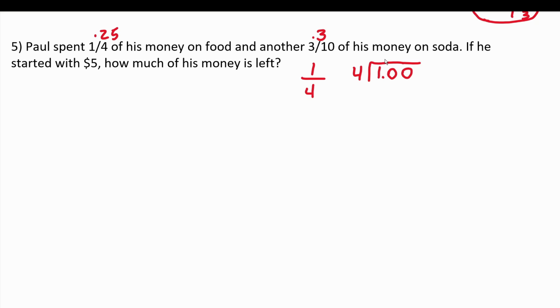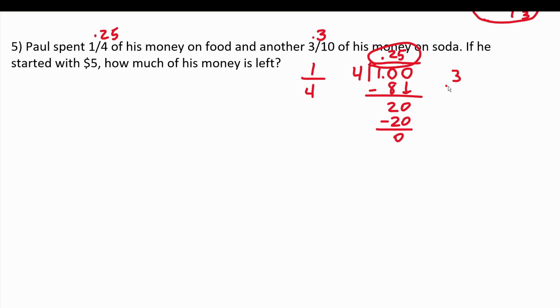And once I added that decimal, I'm going to bring it up right here. And the question becomes, how many times does 4 go into 10? It's going to be 2 times without going over, given that 4 times 2 is 8. 10 minus 8 is 2. And now we can drop down this decimal. How many times does 4 go into 20? That's 5 times. 4 times 5 is 20 with no remainder. So just like that, we converted 1/4 to be a decimal.